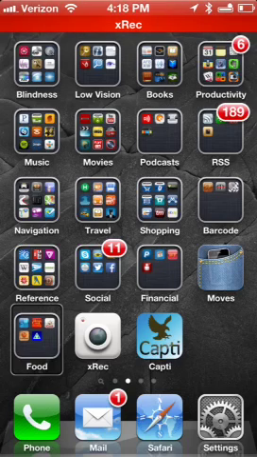I can drag something, I can drag an item over something else. And you notice I have folders on my home screens a lot. I believe in folders to keep apps categorized and organized. Otherwise, I'd have a bazillion home screens. So